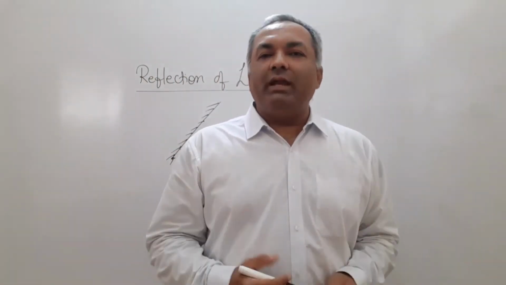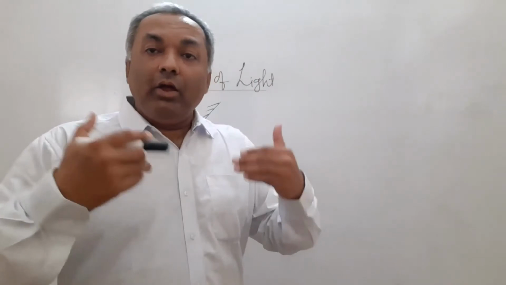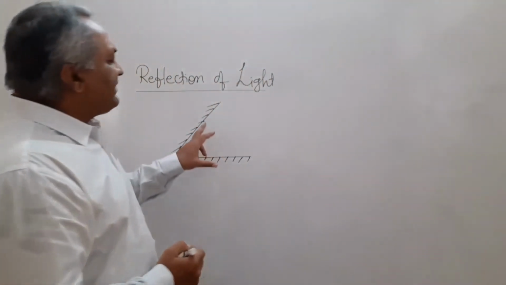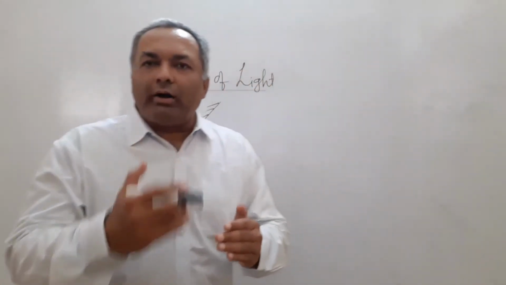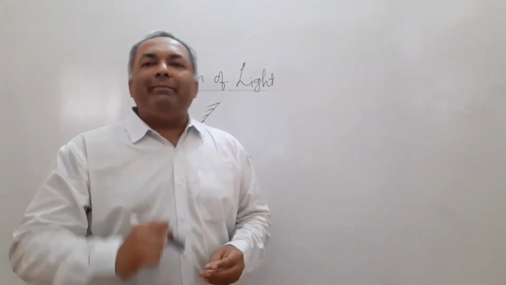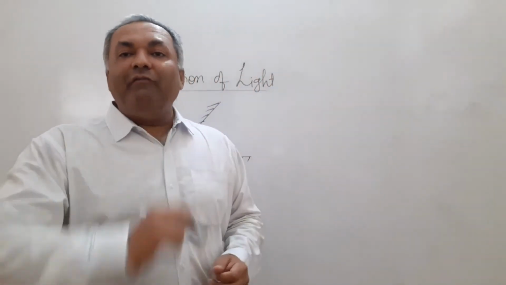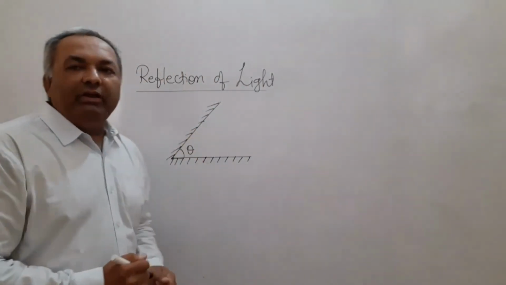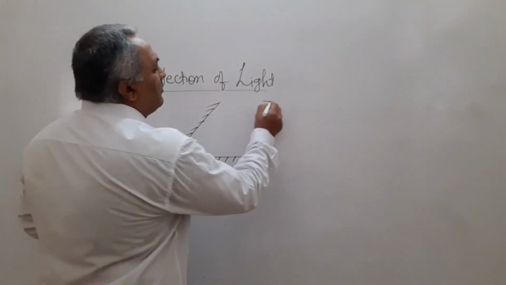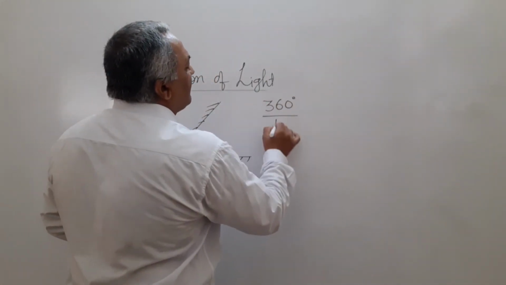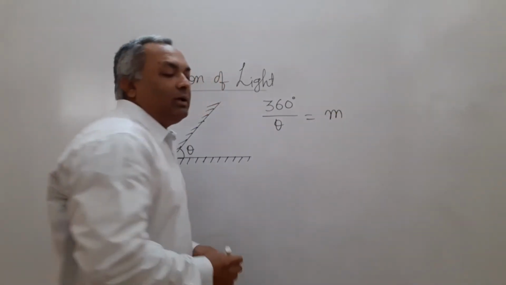Suppose we ourselves are an object and observer also. So suppose I am standing somewhere in between these 2 mirrors, then because of multiple reflections through the mirrors occurring successively, I will be able to see multiple images. And what's more, the number of images primarily depends on the angle between these two mirrors. Suppose that we assume 360 degree divided by theta is equal to m.